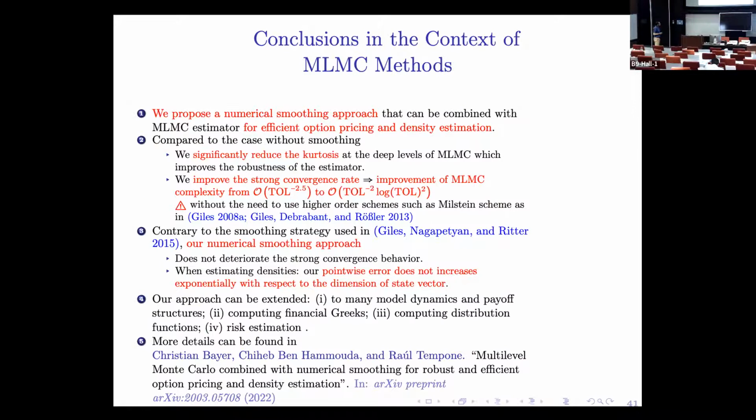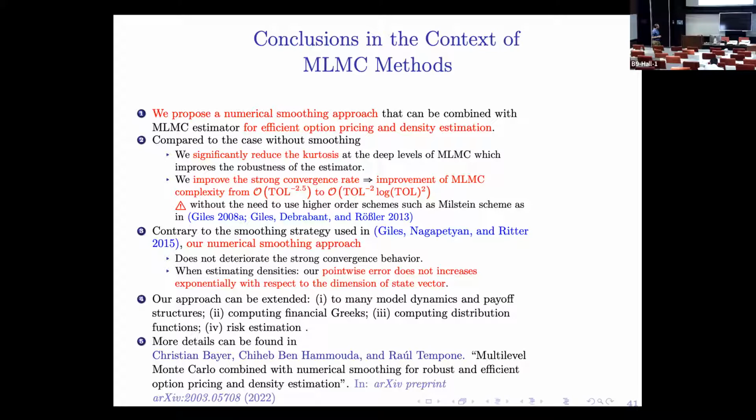So this is, in some sense, the last observation for that work, and further details can be seen in that manuscript. Now, in the context of the multilevel, we also extended this to further cases, including density estimation, and we showed how we now control the kurtosis better. We improve the decay of the variance, which implies better complexities than the case without any smoothing. Again, I highlight here, we don't need to use higher order schemes because this comes with a penalty of cost and also coupling and also kurtosis.